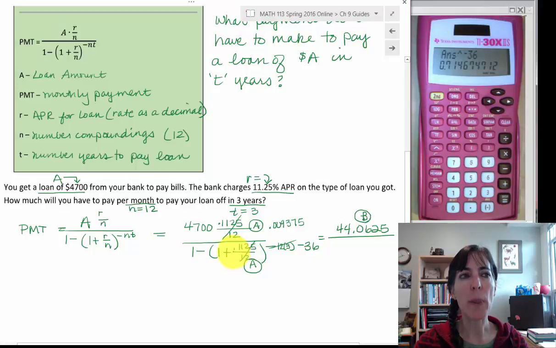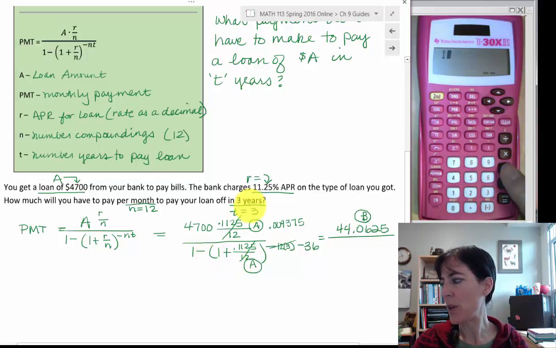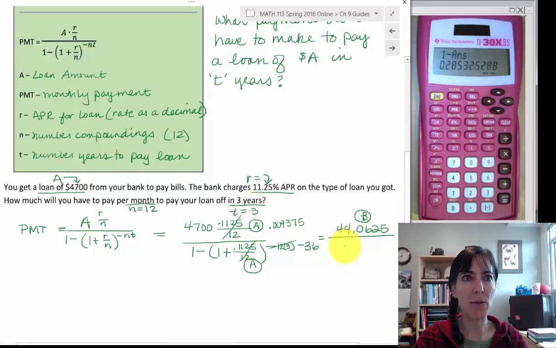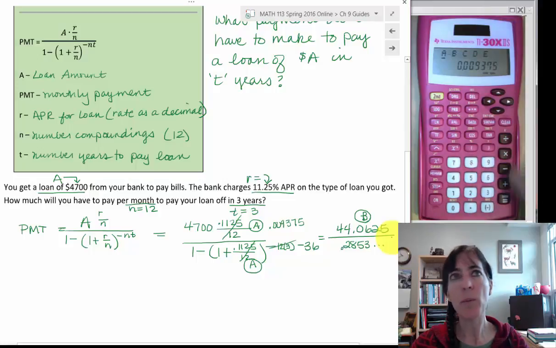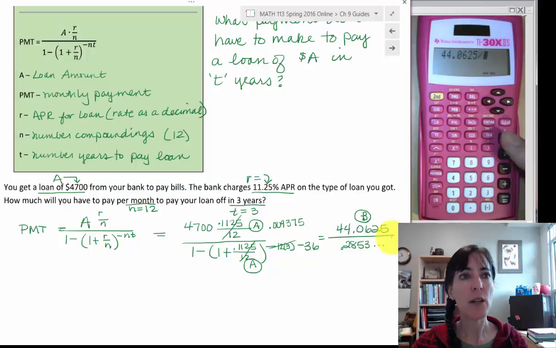So remember, I can either store this in, say, C, and then do 1 minus recall C, or I can just remember that it's already stored in answer and do 1 minus answer. So I'll do 1 minus answer, and I get 0.2853, and it goes on, and so I need to take what's in B divided by this number that's stored currently in answer. So I'll do recall, slide over to B, equals divided by